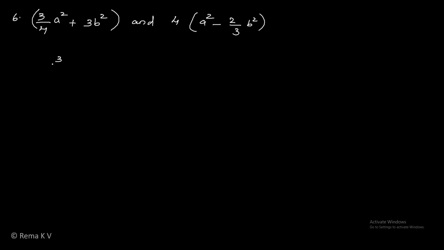So we have to multiply 3 by 4 a square plus b square into 4 into a square minus 2 by 3 b square. So this is equal to